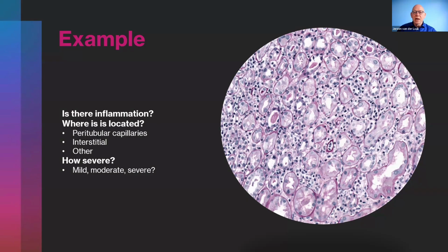So it's not easy. Now, in this case, for instance, what we did was we restained the same tissue section with CD34, because we know it's important for the final diagnosis to see where the inflammation is present. And if we overlay, so we stained for CD34, and then we took the profiles of peritubular capillaries, and if we overlay these onto this PAS stained image,